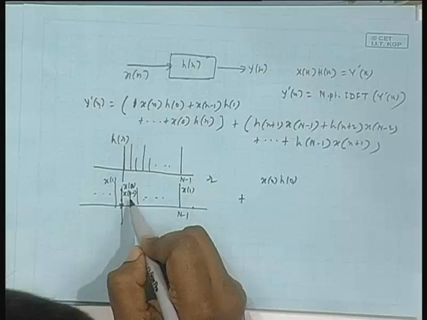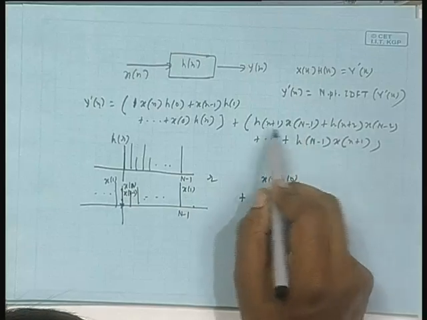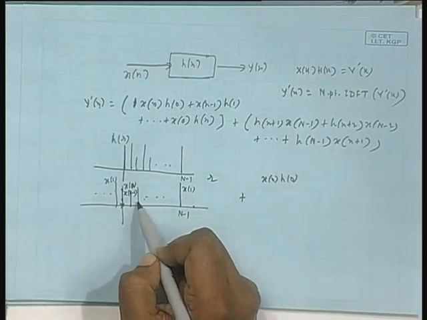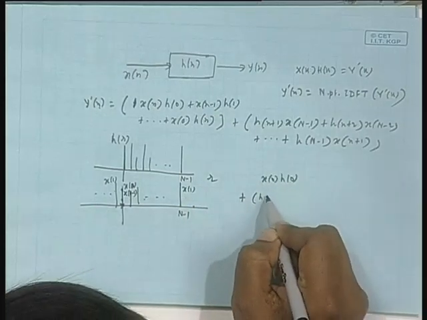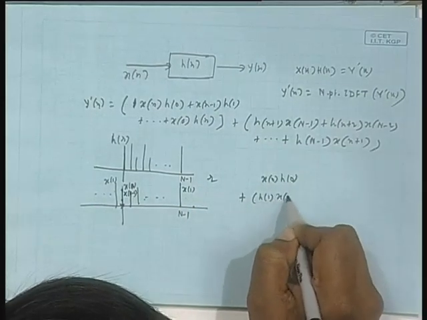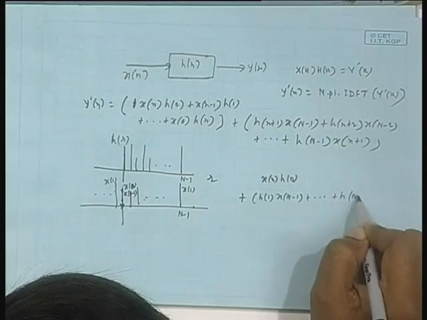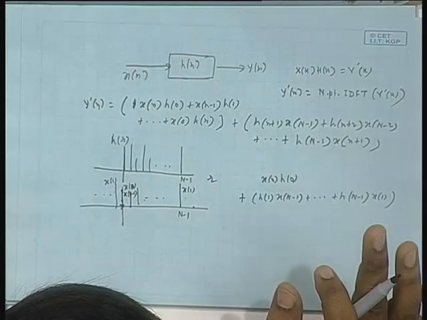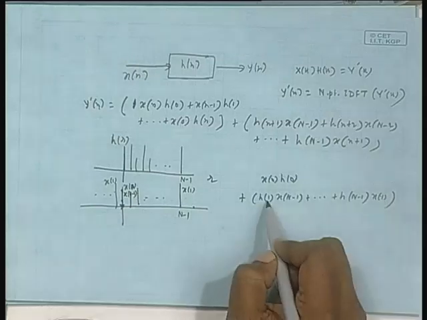Plus you have, you see, x capital N minus 1 h 1, and so on and so forth, h 2 x capital N minus 2 dot dot dot. Okay. Are you with me? Small n is 0 here. So, 0 plus 1, 0 plus 1,